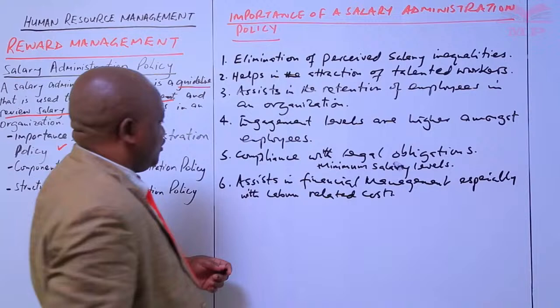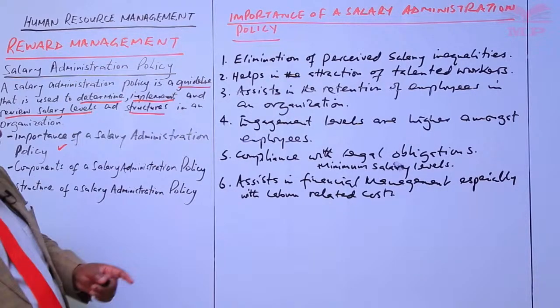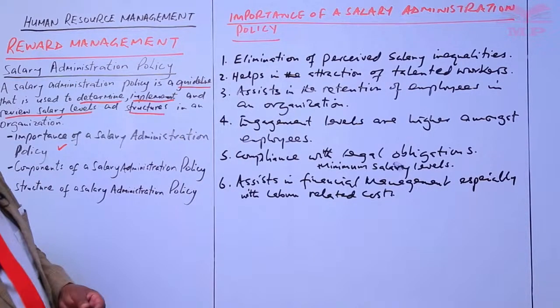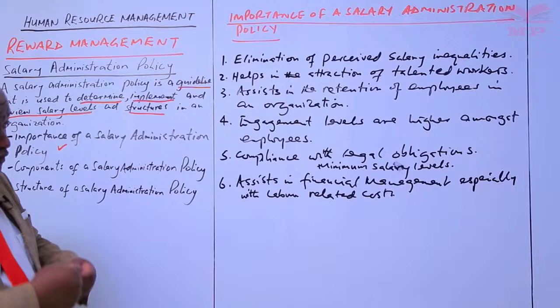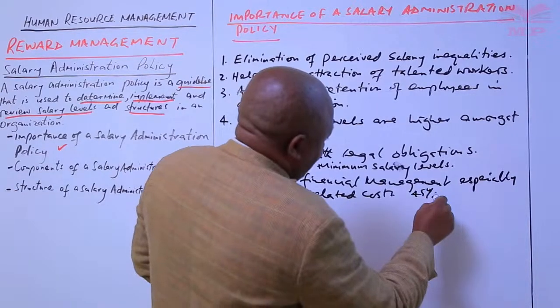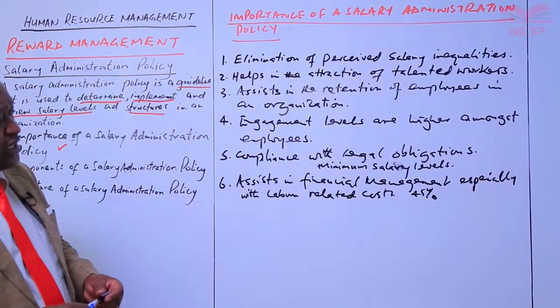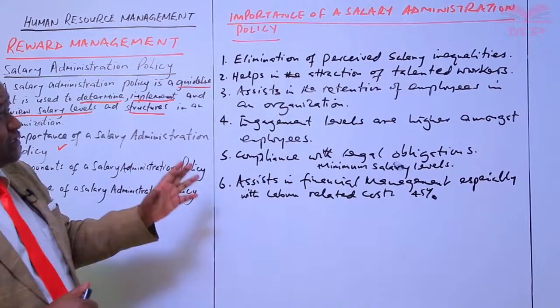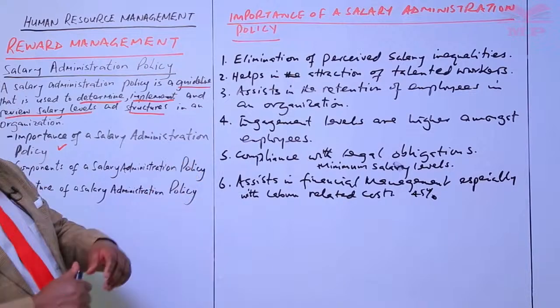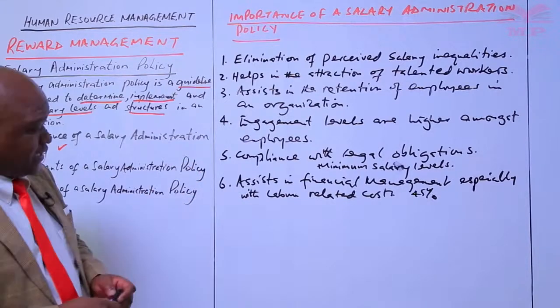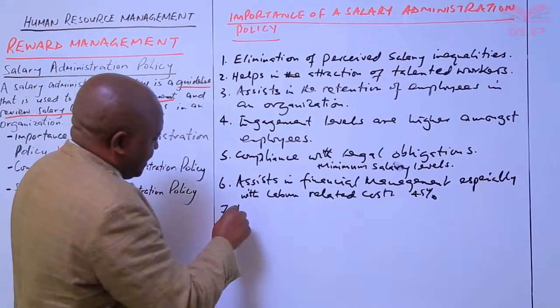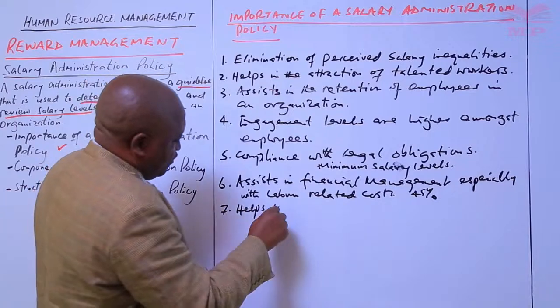So salary administration policy will assist in the financial management, and in many organizations the costs of payroll could take as much as, say, 45% of the organizational expenses. So you can see this can be quite high, and when you have a proper salary administration policy, it becomes very clear. Then number 7 helps the organization